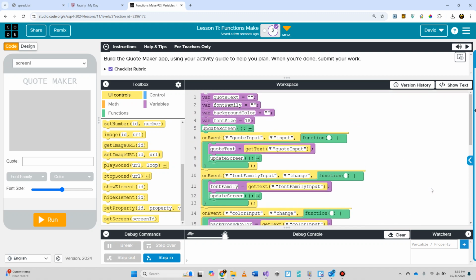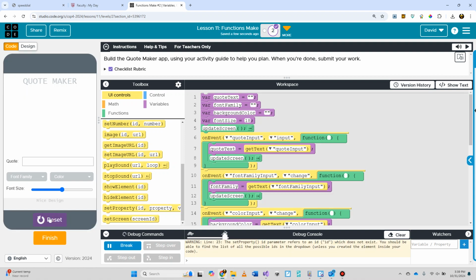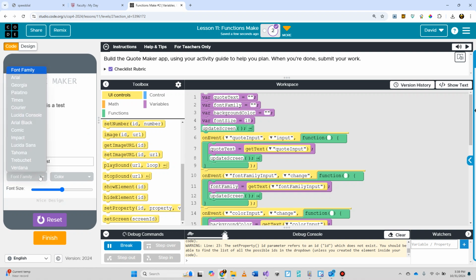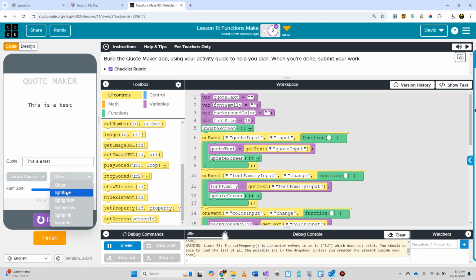And I think that's it. Let's test it and see if this thing works. So as I type in something, this is a test. It's working out just fine there. If I select a different font, it seems to be working just fine. Select a different color, that seems to be working just fine. And if I start selecting a different, now